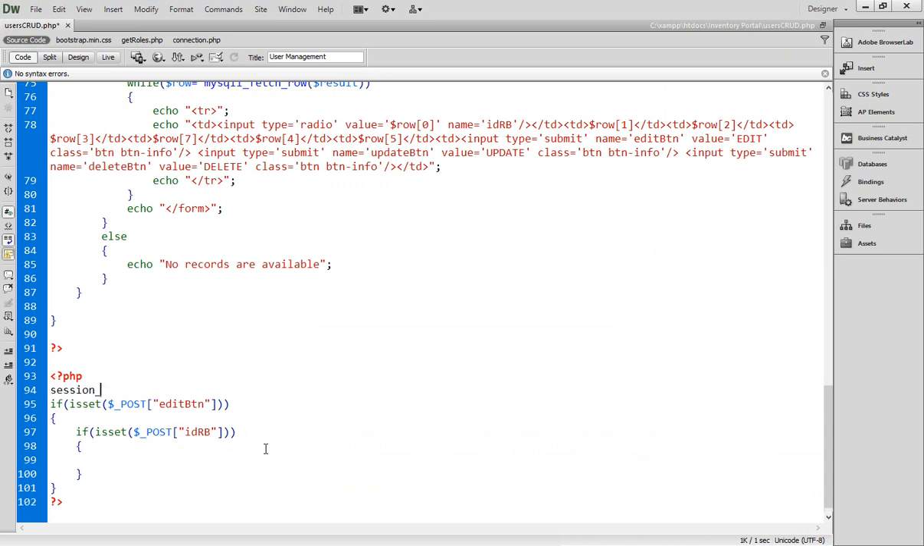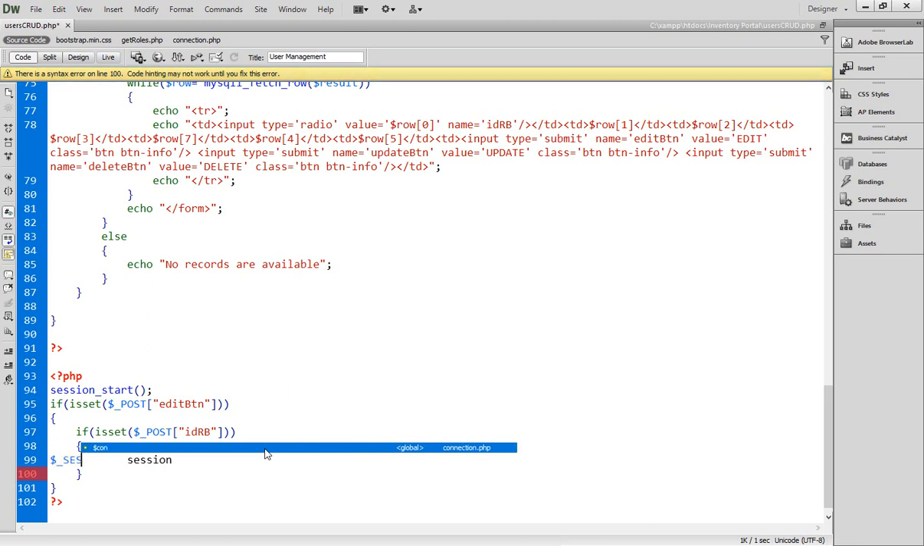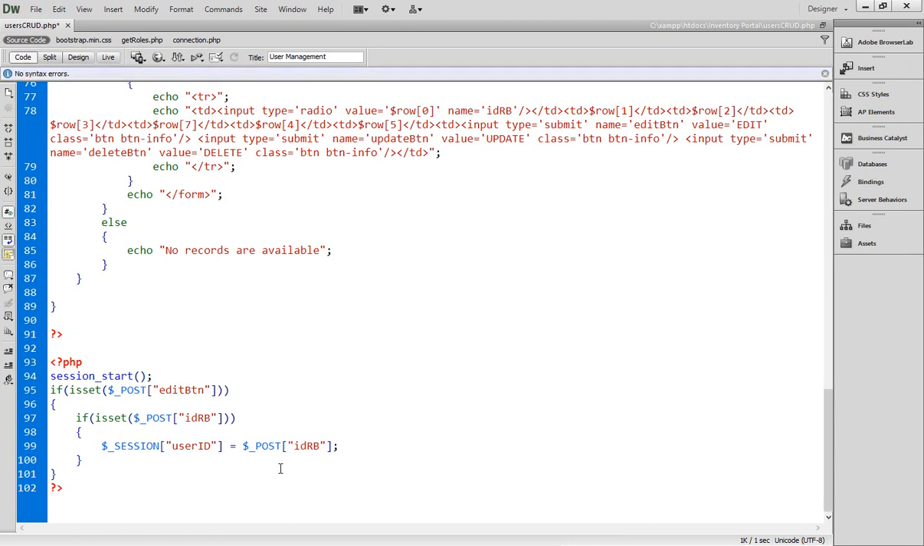So session_start, and $_SESSION of, and right here user ID, that's my session name, and then we have to pass this user ID into this session. So when somebody tries to click the ID, it will be stored inside session, and then if the ID is not set, then we have to display the message that should be inside echo and p tag